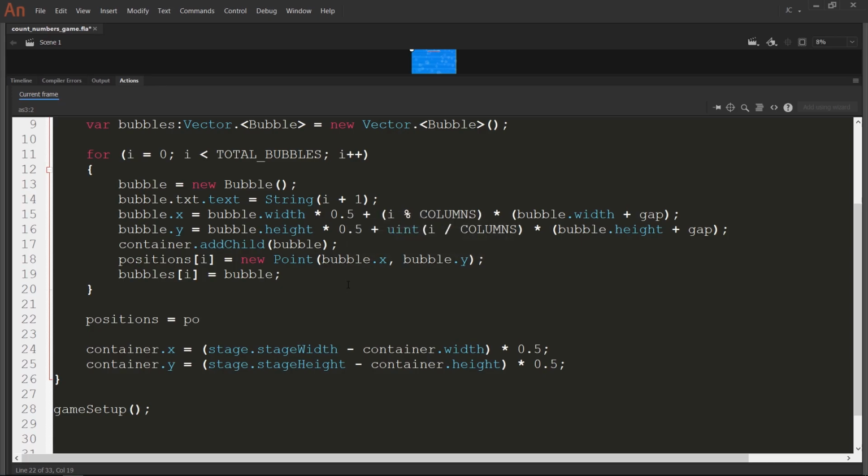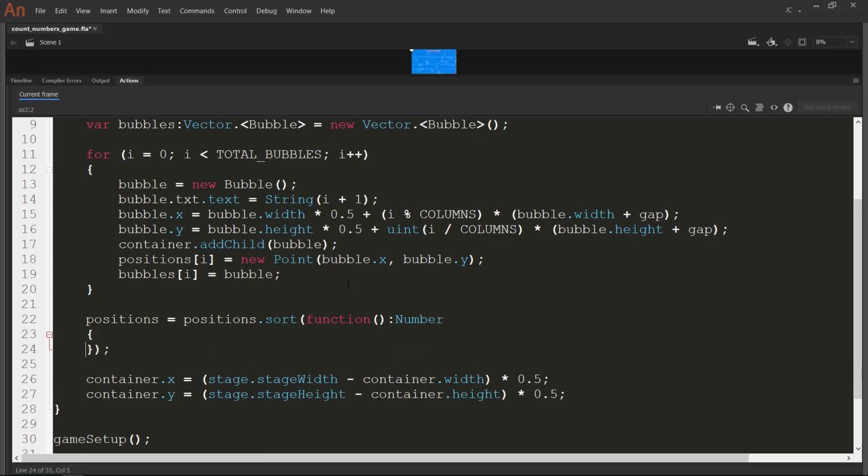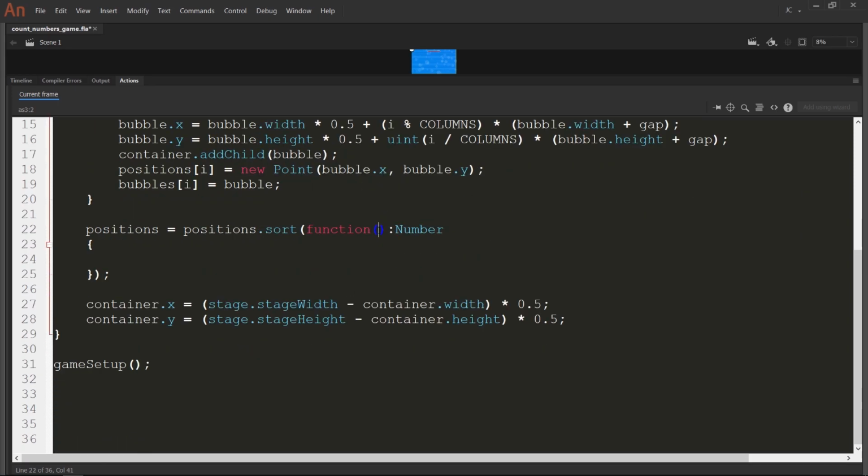So I'm going to say the array positions is equal to positions.sort, right? The sort gets a function returning a number, right? Like this. Let me break here from format, and here I have to pass two values. I'm going to call them A and B, right? The type is variable, so I'm going to use the asterisk, right? And here inside, all I have to do is to say return